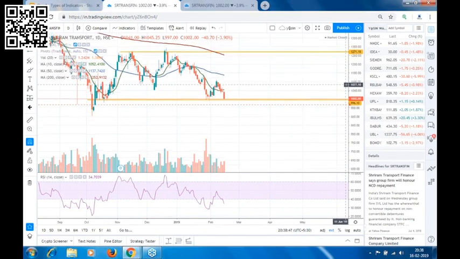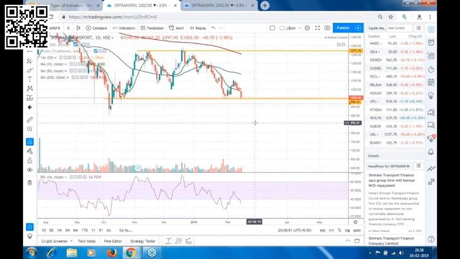Support resistance can turn out to be double bottom too. Yes, see, your resistance can become a double top and your support can become a double bottom. Now, if you see SR Transfin, this is your double top. From the same level, we have seen a pullback in prices 2 times.